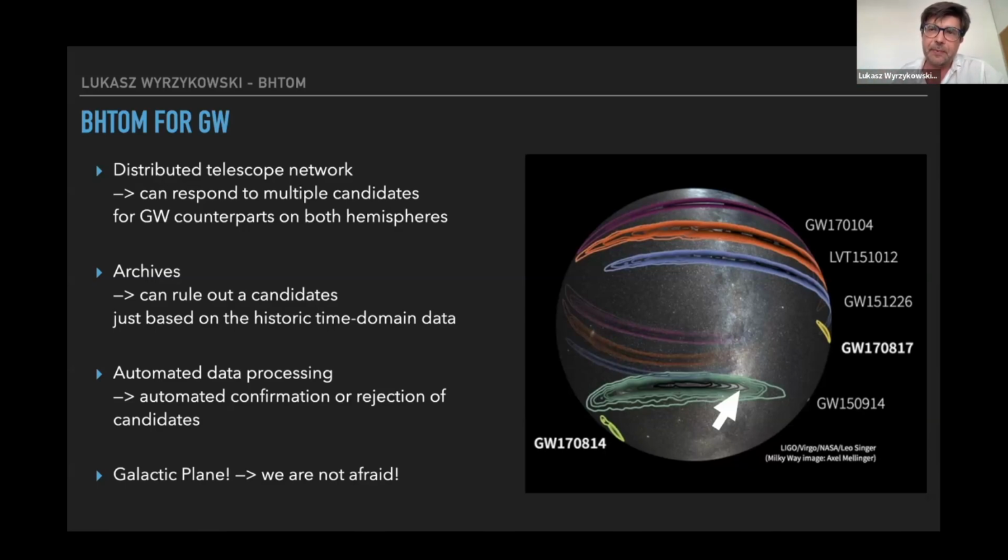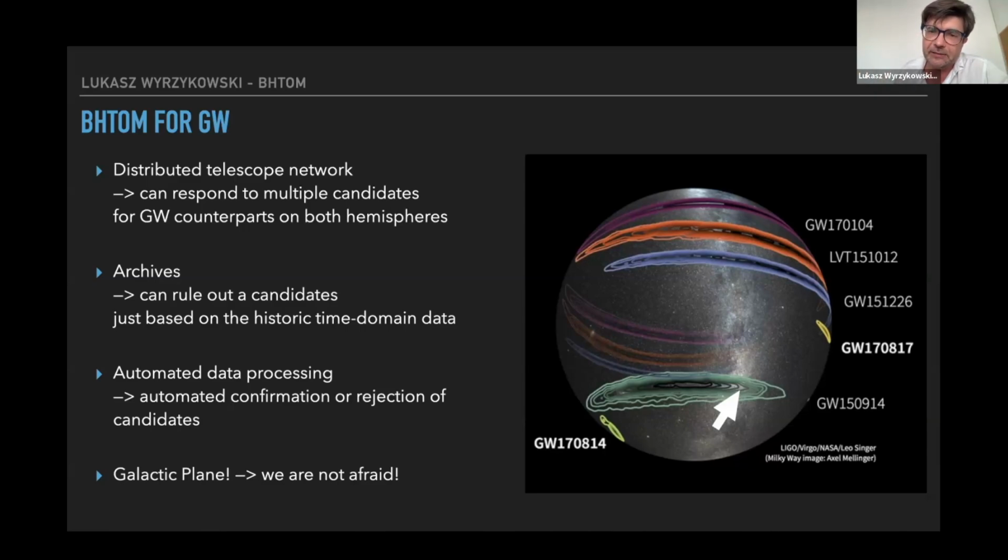So every time an observer submits an observation, takes an image, then the data is being automatically processed. So you can, in principle, make an automated loop. You submit a candidate, you wait for the observation, and then you either confirm it or reject it. And then the last comment I would like to mention here is that we've been working with the galactic plane for ages, for multiple science cases as well.